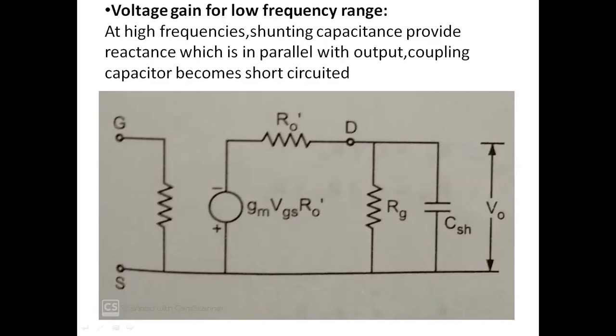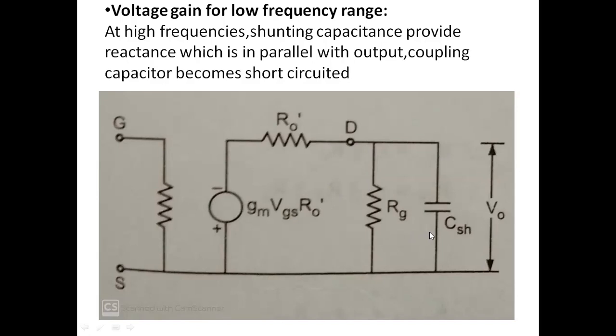Okay, we are taking that capacitance also here, that is represented as CSH, and we are making CC short circuit. Normally here we have some CC, that CC becomes short circuited, and we are taking CSH. This is the equivalent circuit. Already we know this is the Thevenin's equivalent circuit. Normally here we have some capacitance CC that will be short circuit. Okay, let us find out output voltage V0.